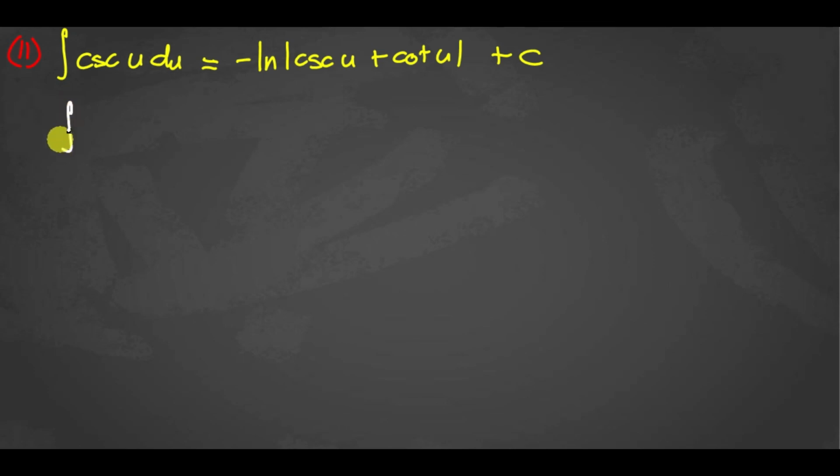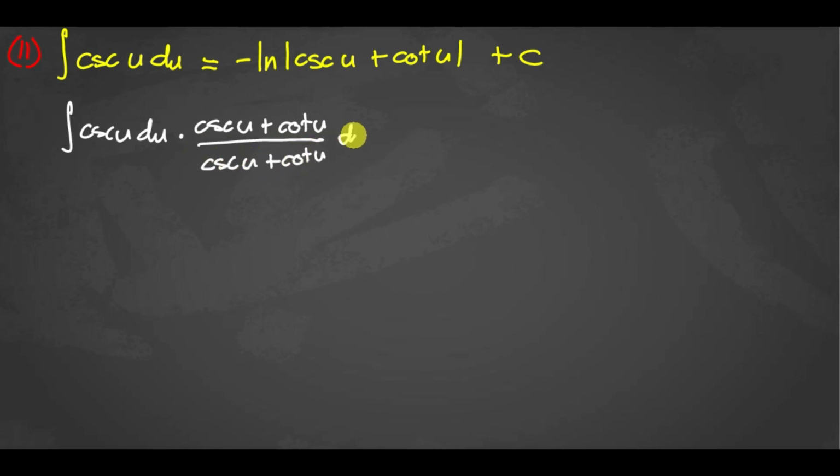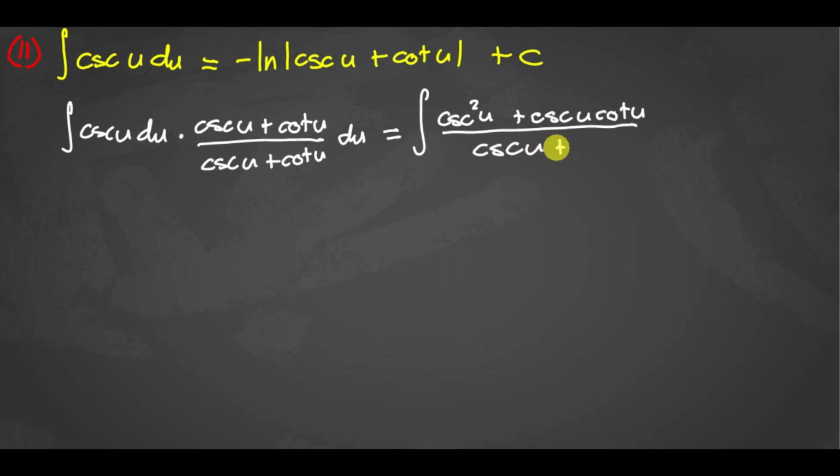In this case, the integral of cosecant u du has a multiplier of cosecant u plus cotangent u all over cosecant u plus cotangent u, du. Now distributing the cosecant u in our numerator, that is the integral of cosecant squared u plus cosecant u cotangent u all over cosecant u plus cotangent u,